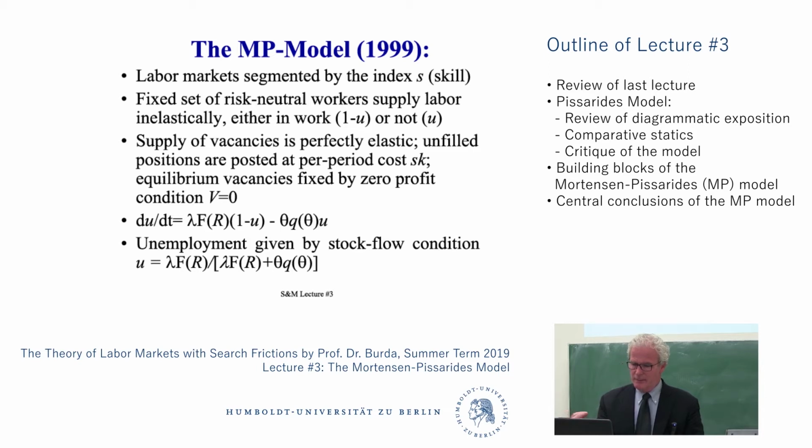What is the value of my productivity? And R is this critical value, which we have yet to determine. The outflow out of unemployment is simply the finding rate for the workers, which we called F, times the stock of unemployment, which is U. Okay, so it's the same equation, except it's just a bit fancier.